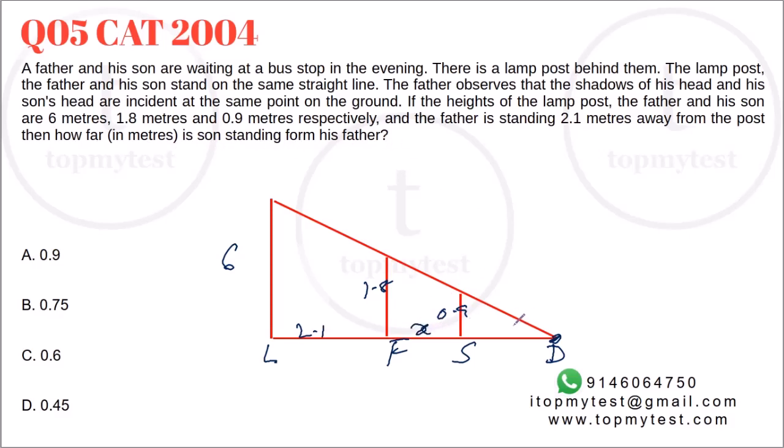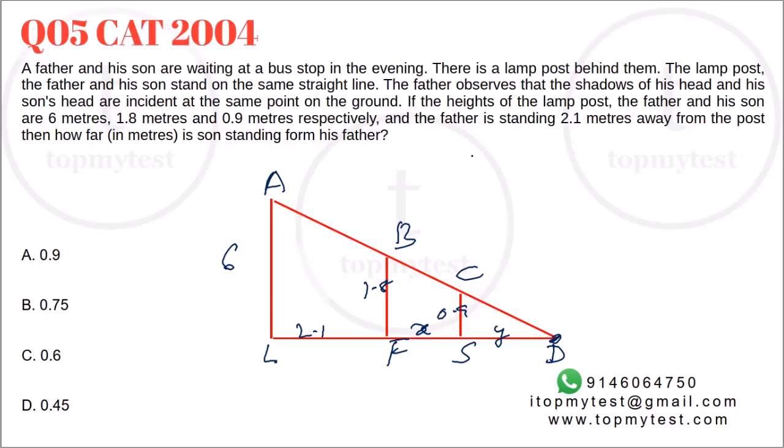So if I call this x, this is y. Now these are all similar triangles, right? So let's call this A, B, C. This is D already, right? So triangles DCS and DBF are similar to each other, which is also similar to triangle DAL. They are all parallel lines, right? Vertical lines, they are parallel. So we can find enough number of similar triangles. Let's use the two smallest ones.